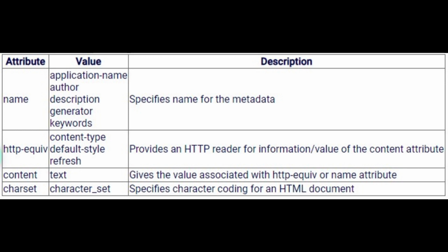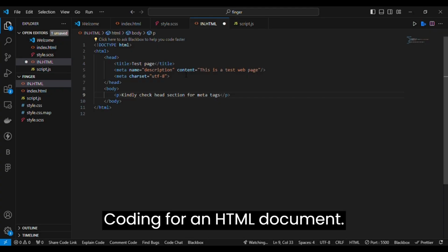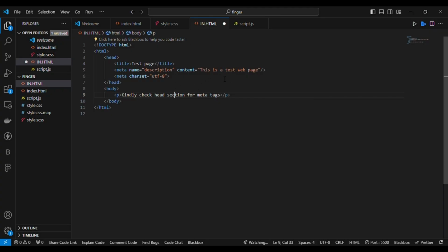Charset: character_set. Specifies character coding for an HTML document. For example,